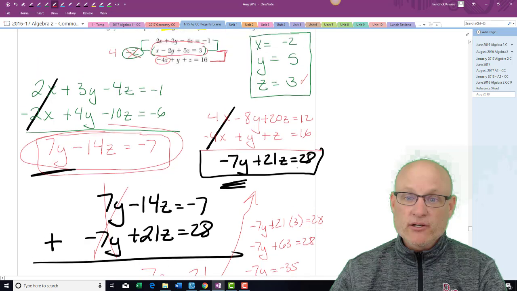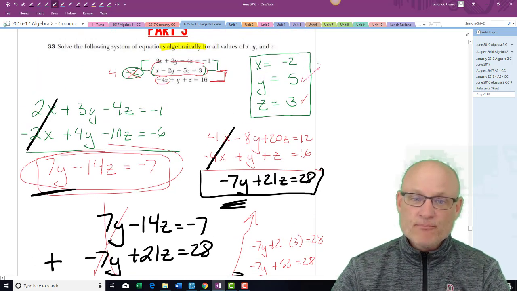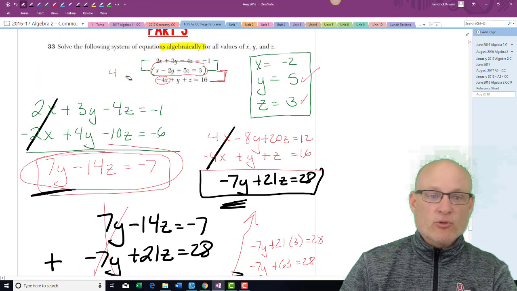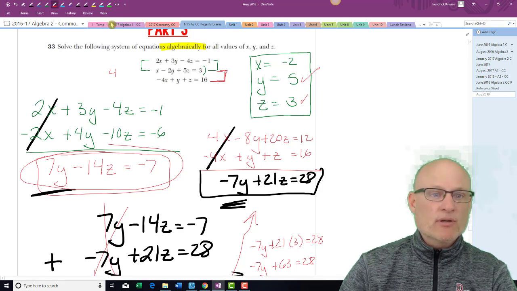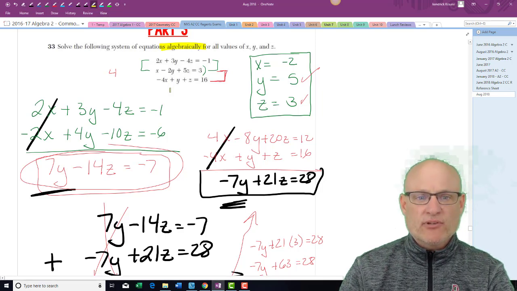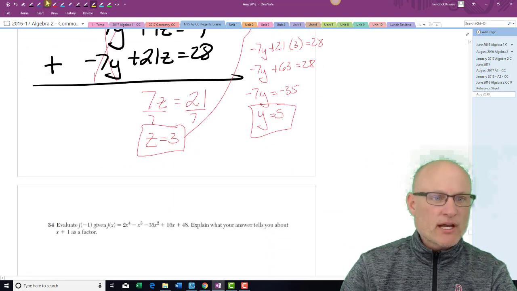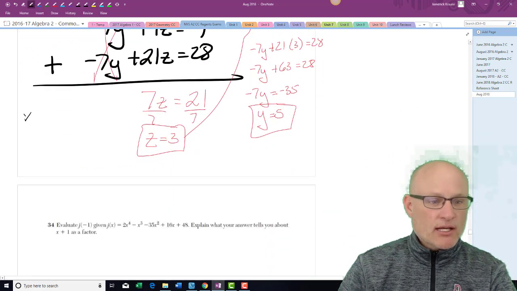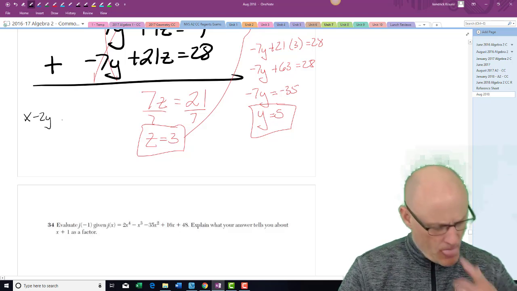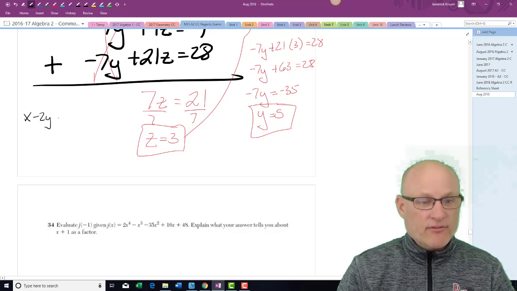Cross my fingers. Now I'm going to go back to the original problem. Don't erase your work, but I'm doing it. And I want to find the one with the most positives in it. Okay, it looks like this is going to be the easiest one to work with probably. Oh, wait, hold on. I'm looking for x. I might as well choose this one because that's got a plain old x. So when I'm done, I got a plain old x. So x minus 2y. I'm going to look down on my paper so I don't have to look up. X minus 2y plus 5z